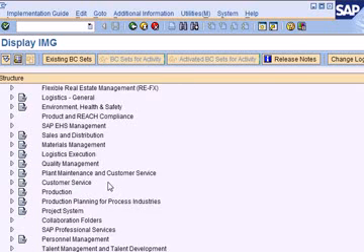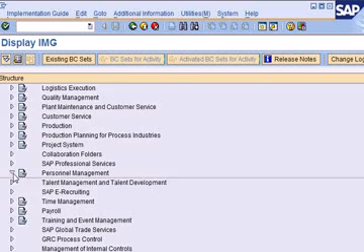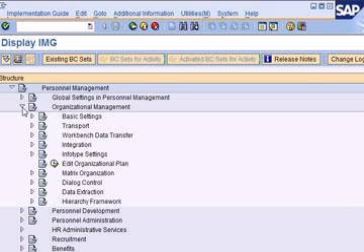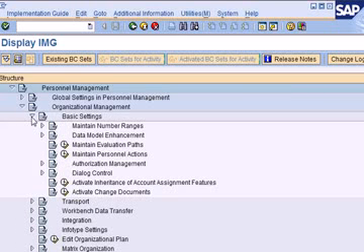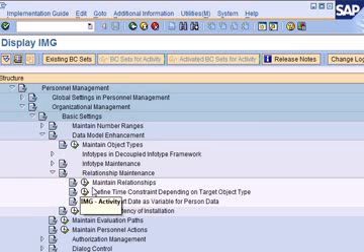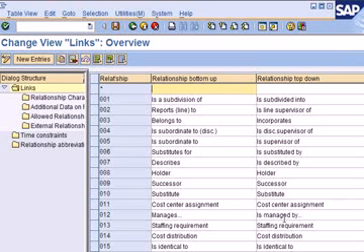And we now need to go to personnel management, which is here. Under this we need to go to organizational management, basic settings, data model enhancement, relationship maintenance, and maintain relationships. So this screen essentially helps you define a relationship and which ones are allowed and which are not allowed. So if we select a specific entry